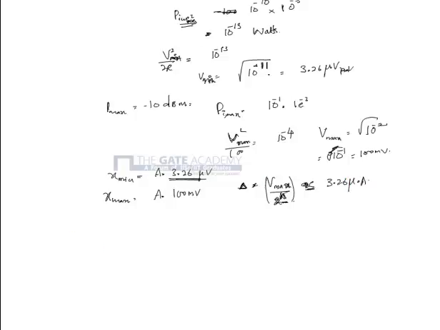Now Vmax is given to be A into 100 millivolts divided by 2 power n, which should be less than or equal to 3.26 microvolts into A. A and A get cancelled. From this, by doing some simple arithmetic, you can estimate the number of bits should be greater than or equal to a number close to 14.8 or 9, you can round it up to 15 bits. Hence the correct choice is